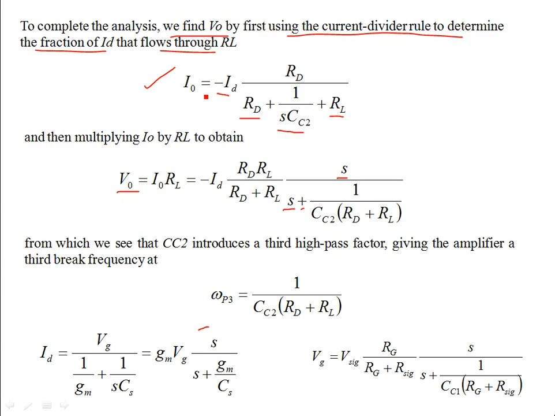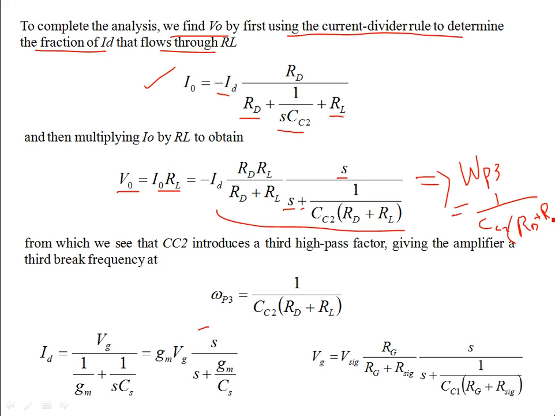Okay, V naught is I naught multiplied by RL. The whole expression can be written as such. You can see from this that your third break frequency omega P3 is 1 over CC2 times (RD plus RL). Each capacitor is introducing its own break frequency. Whichever of these break frequencies is higher is going to determine the 3 dB frequency, or FL, of the overall